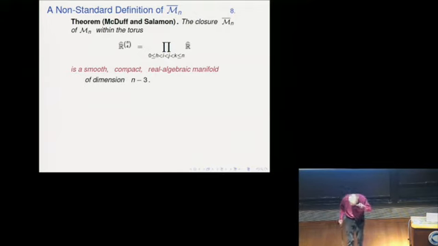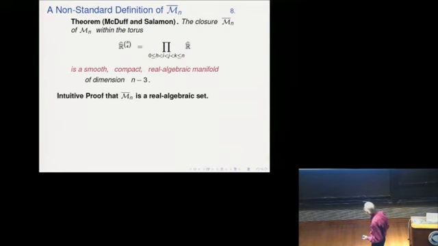Now, let's see, there are various parts to this statement. The statement that it's compact is obvious. The closure of any set in a compact space is compact. Dimension n-3, it's fairly easy to count that there are n-3 independent variables. Here's a